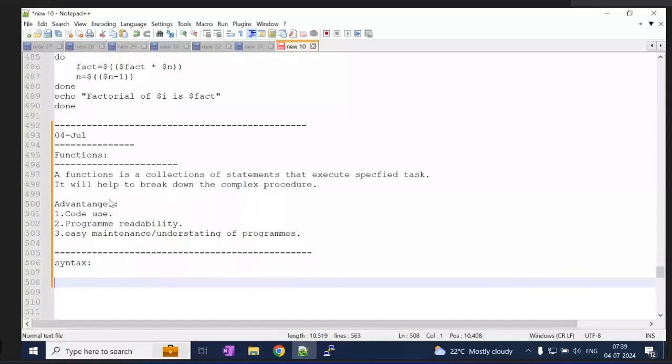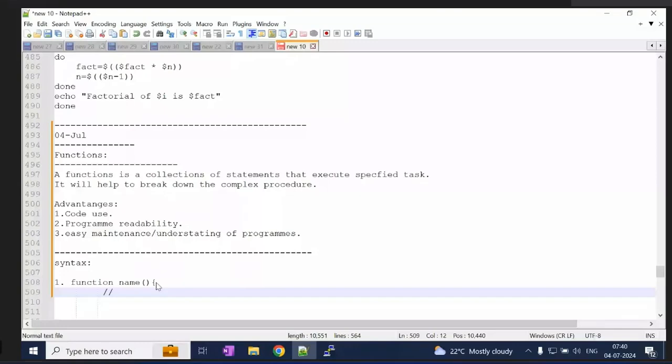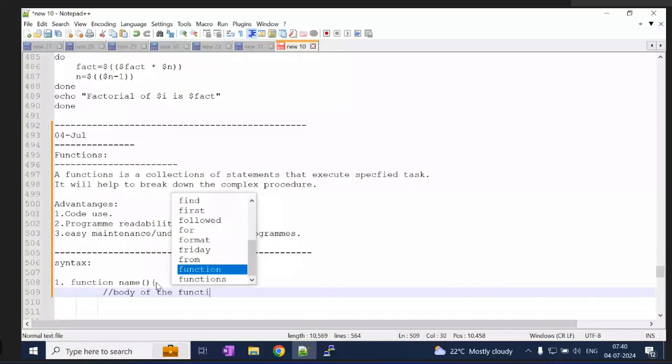Either you can mention the keyword function and then your function name, then the curly brace and the body of the function.